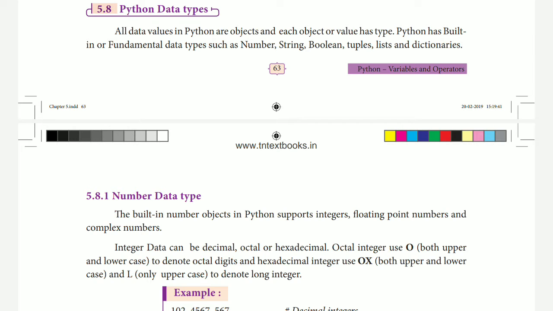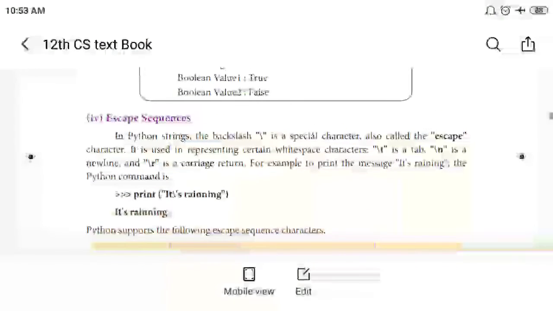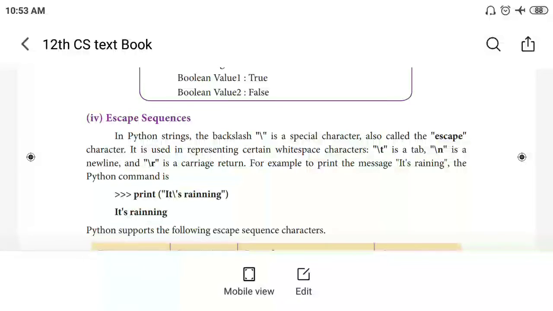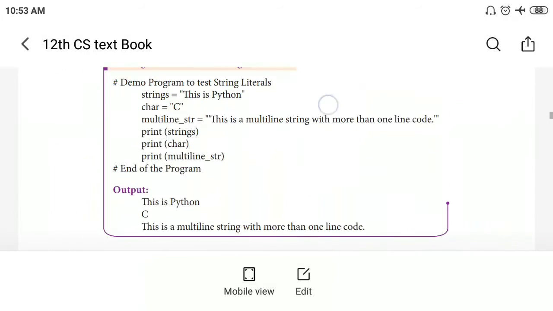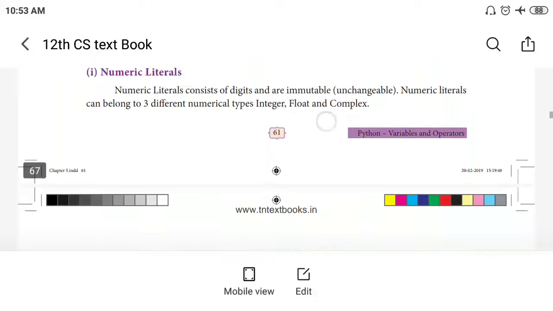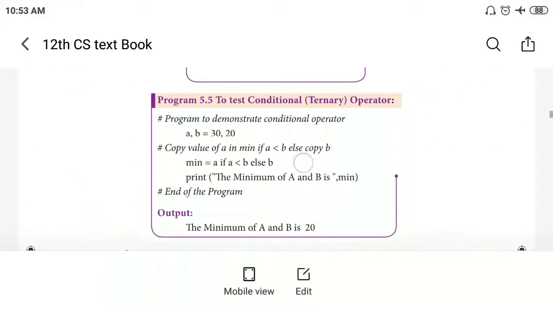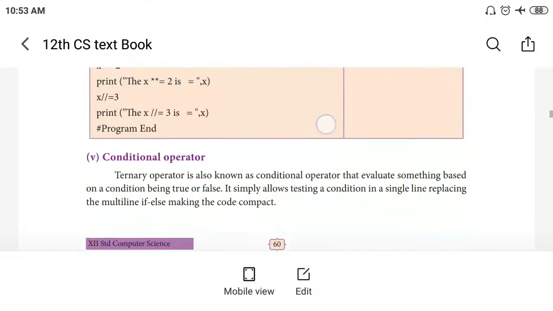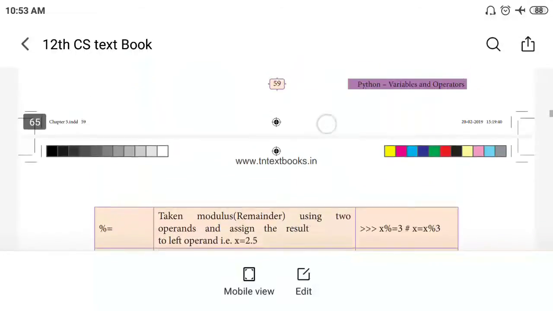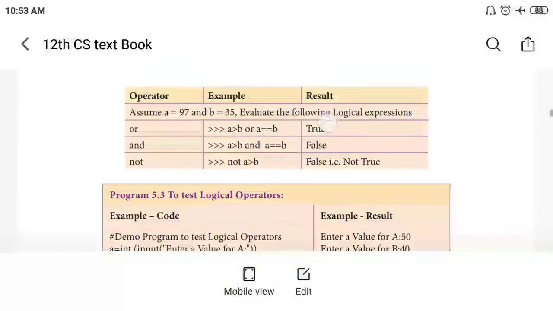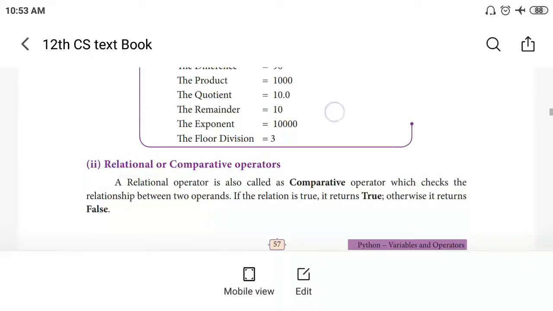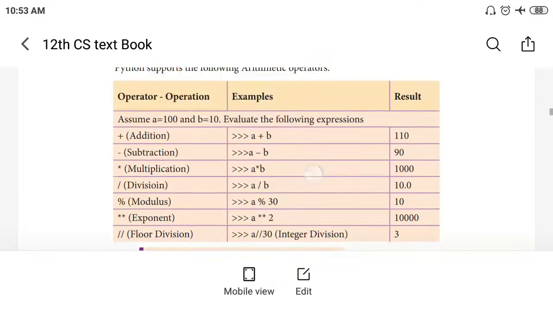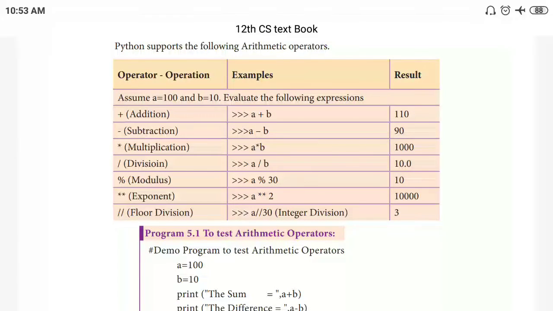So, before getting into the topic, in the previous class we have seen what are the operators. There are different types of operators that are present in Python programming language. First of all, we have seen arithmetic operators. Arithmetic operators means addition, subtraction, multiplication, division. These kinds of arithmetic operations are carried out by using the symbols plus, minus,